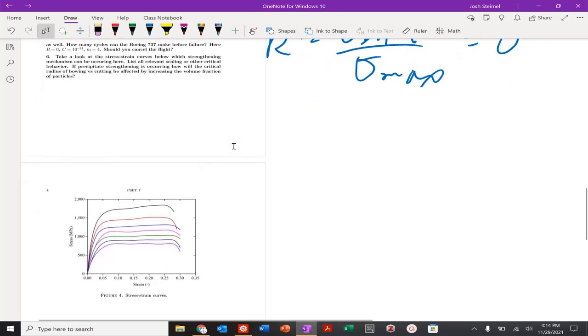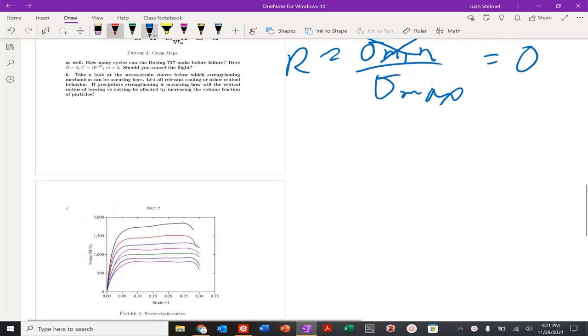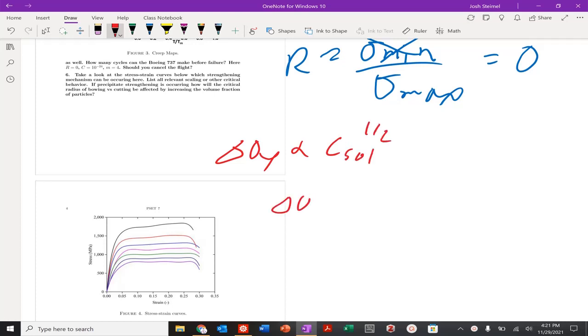So should we cancel the flight? Absolutely. All right, everyone, so now we're in the last problem. So let's take a look at the stress strain curve below. Which strengthening mechanism can be occurring here? So now we see slightly different slopes. So we could be seeing our solute strengthening, C sol to the 1/2 power,